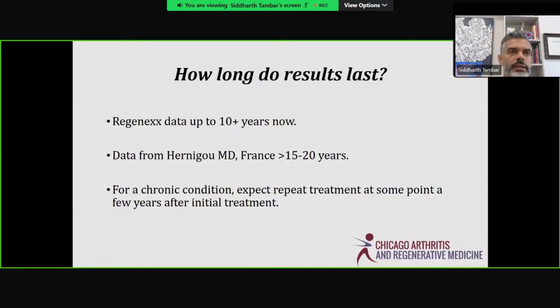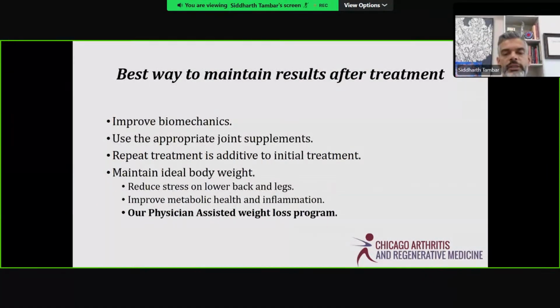If you've got bone marrow stem cells for, let's say, again, a knee, you might be getting a repeat treatment in 5 years. Just have an understanding of how these treatments work, and that repeat treatment. Generally speaking, most people will get a slow improvement over months, and they'll stay at that level for some time. That might be for multiple years. And at some point, there may be a little bit of step down, and when that happens, getting a repeat treatment now gets you back higher. You don't really ever go back down fully to your baseline. You may dip a little bit, and that's when repeat treatment gets you up.